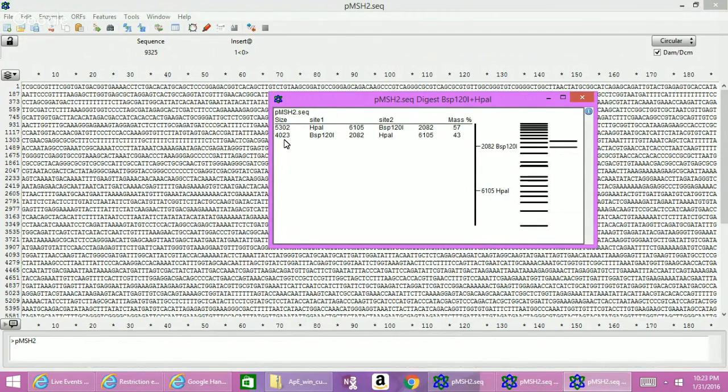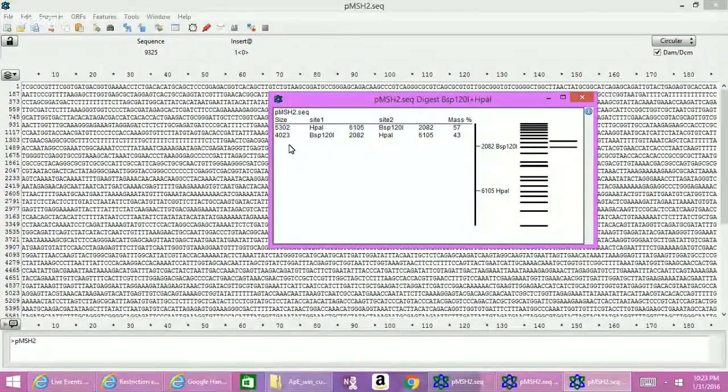And once I did the subtraction from the actual gene sequence that we're using, the MSH2 sequence, that value was subtracted. I subtracted the value from the two enzymes, and I got 5,302, and that's correct,